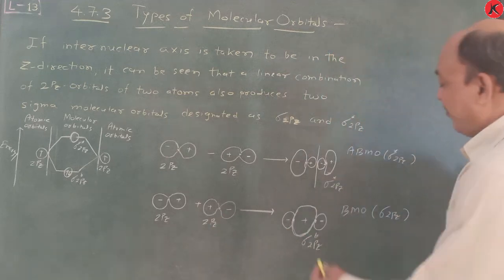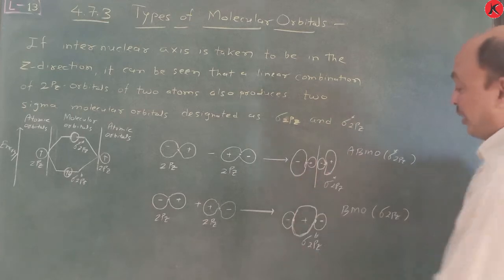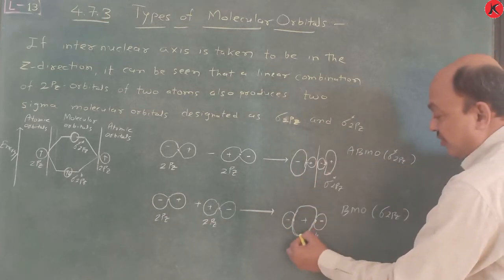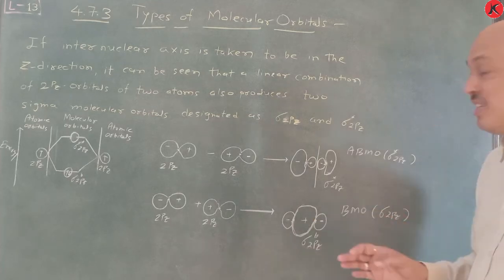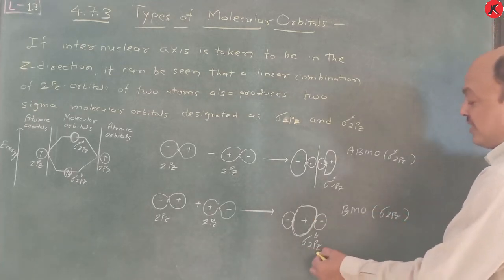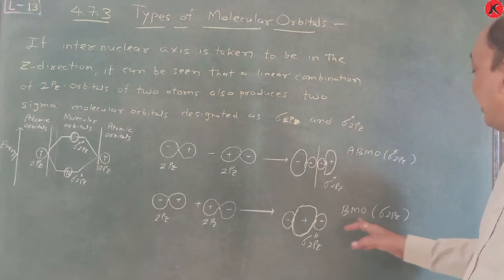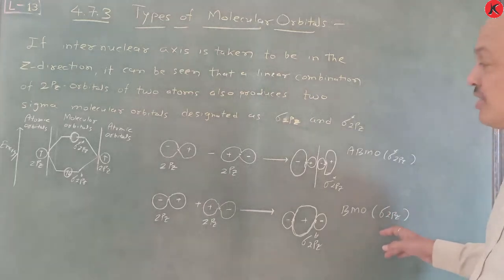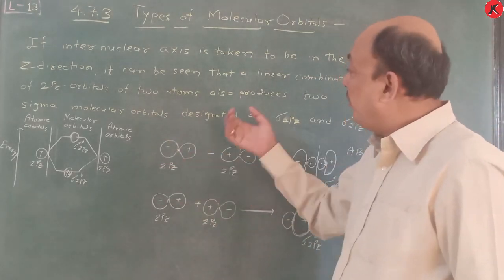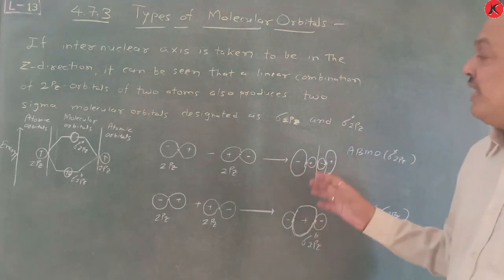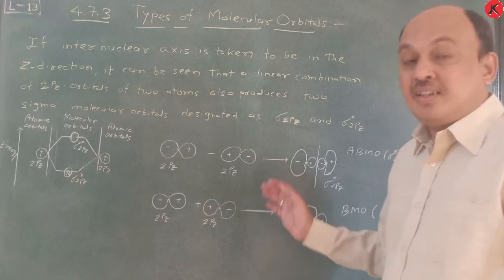Just like peppermint, you have to remember this positive charge which is a centric, and here two centers take place, and that's why it is considered as polycentric. So sigma 2pz is the bonding sigma molecular orbital. So this is all about the 2pz combination. And now we see the next, which is very important, the 2px combination.